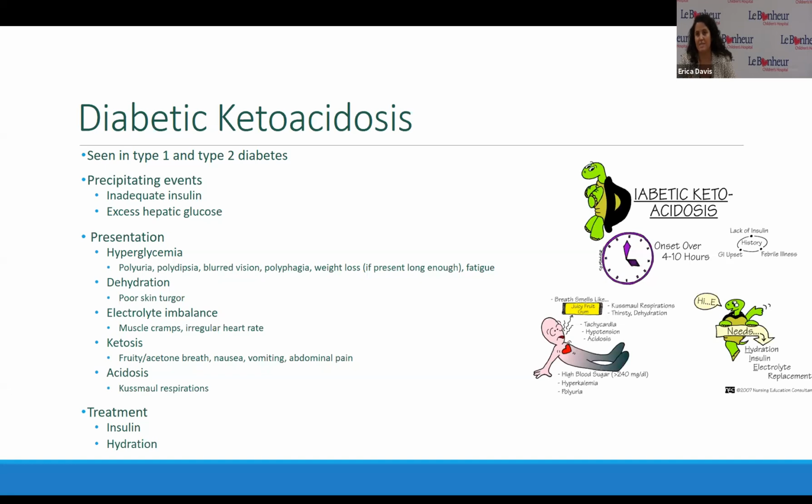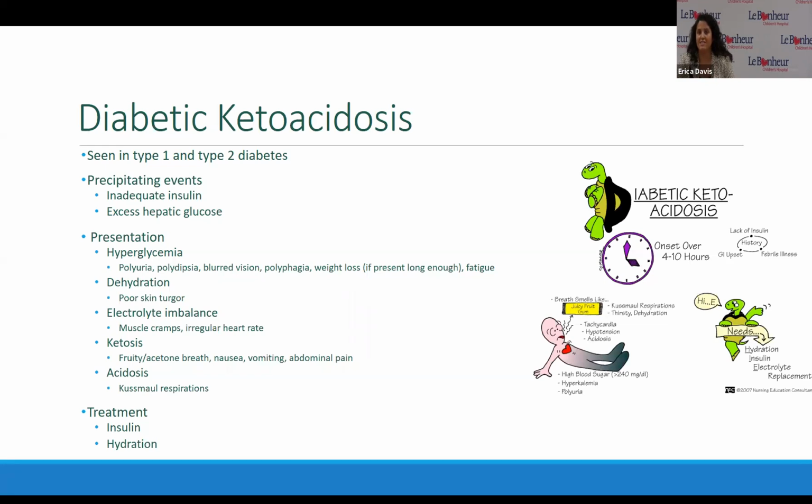They're also going to see some dehydration. If you think back to my Pink Panther photo, you saw that the kidneys are flushing out some sugar, and they're also going to flush out some ketones. So we might see some dehydration if this is not treated quickly. Dehydration leads to some electrolyte abnormalities as well. So we might see them saying, I've got some muscle cramps, or I feel like my heart's beating really weird. Those could be some of the signs that we see.